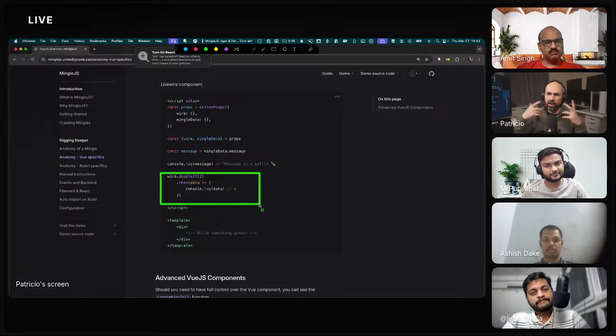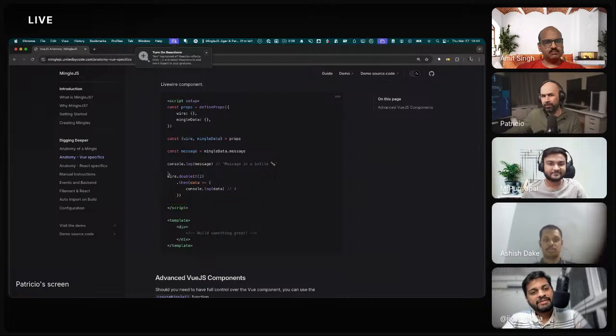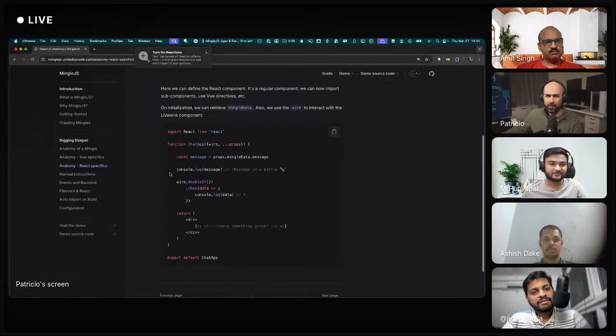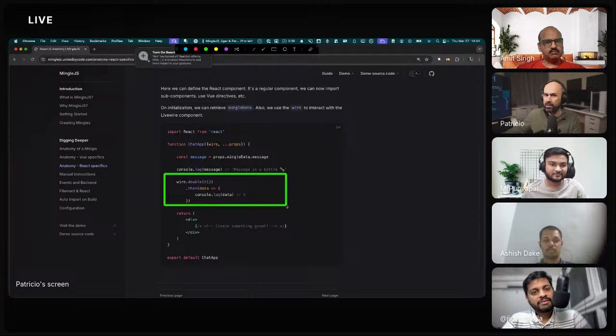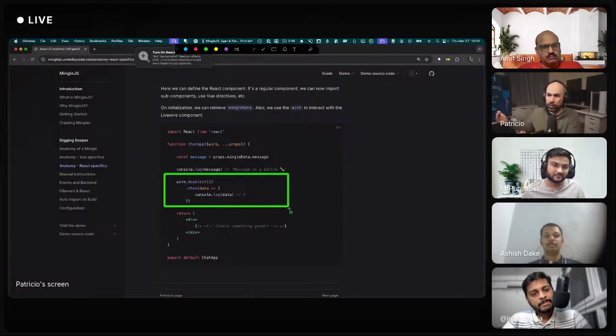So there's no heavy magic, no unexpected or undocumented stuff, right? It's just gluing together the backend and the front end, and that's it. In terms of React, it will be exactly the same. It's just JavaScript running, and there are other ways to call it. You can give the string of the method and the params next. And that's all documented in Livewire. So, yeah, this is basically it.